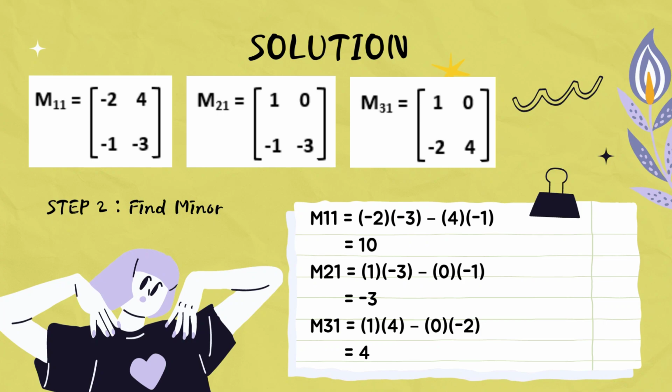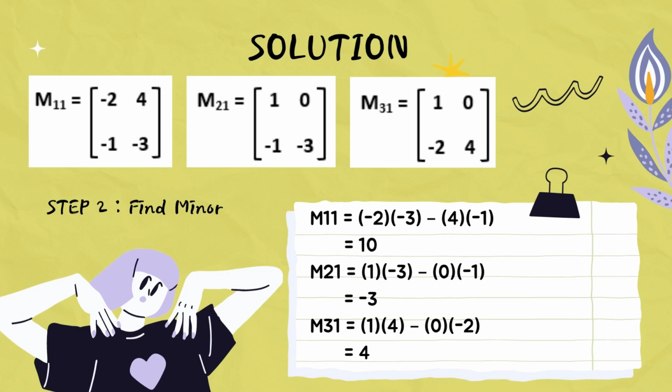You have to do a cross calculation, which is you have to multiply negative. For example, in M11, you have to multiply negative 2 and negative 3 and minus 4 multiplied by negative 1 to get 10. So for the next step, you have to follow the same formula as before, which is